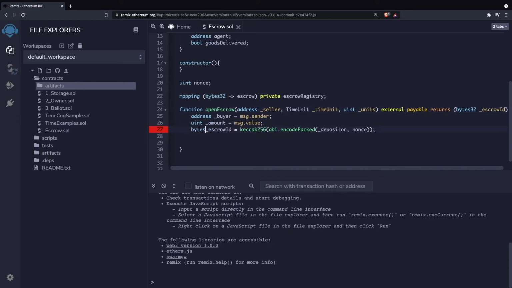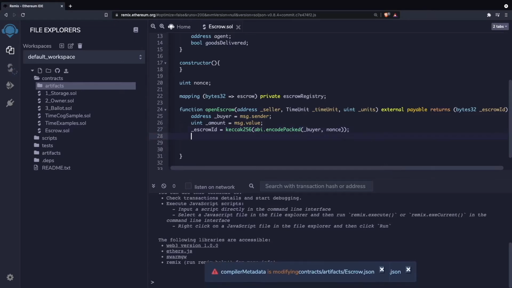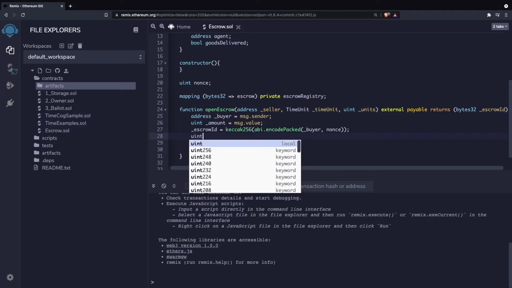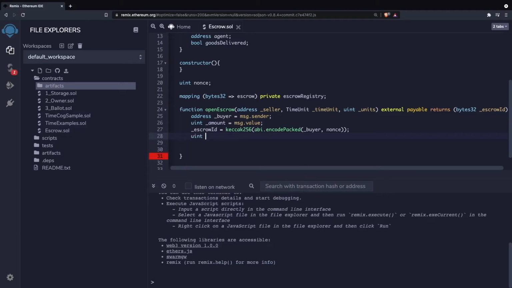Oh, yeah, I should not declare this one, it's already declared. Depositor is the one that's not declared, but this one is buyer. This one should be buyer. So we have everything here working correctly. Now we need to provide the timestamp, right? And this is going to be working in the following way. We're going to have a uint that we are going to call expiry timestamp, and this one is going to be equal to,